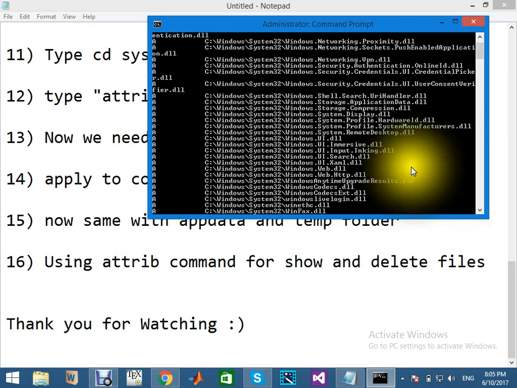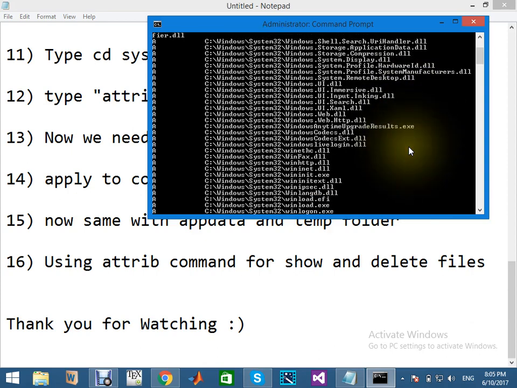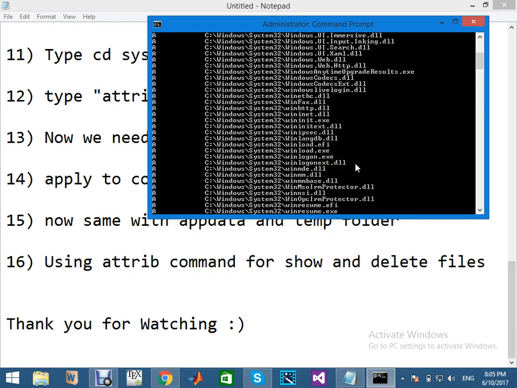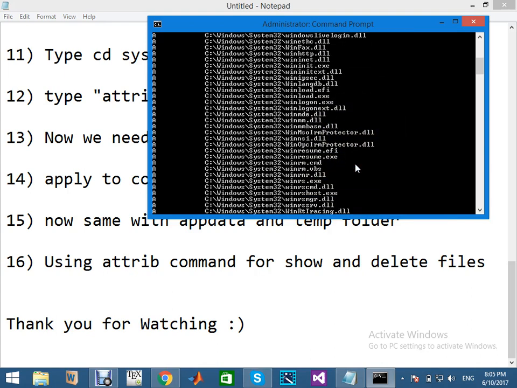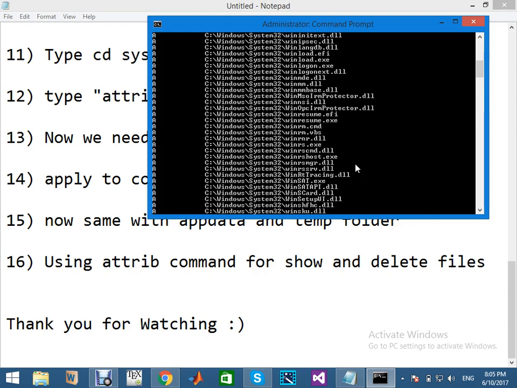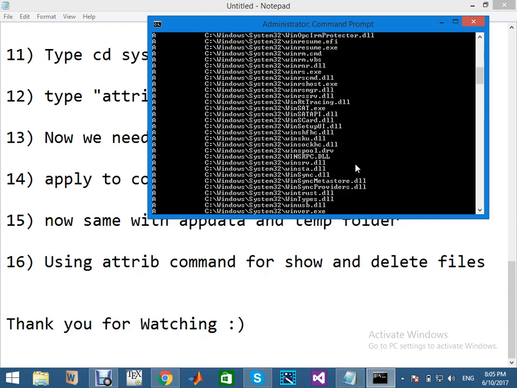That one is very tricky. You have to look very clearly, whether you have them or not. You have to visit all the files which contain .inf or .exe. Now let me check whether I have any or not.